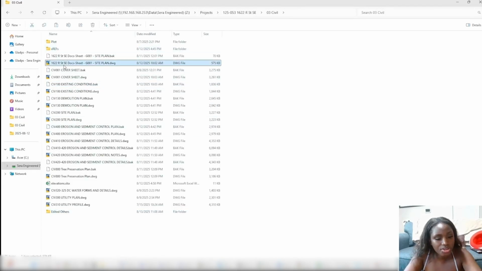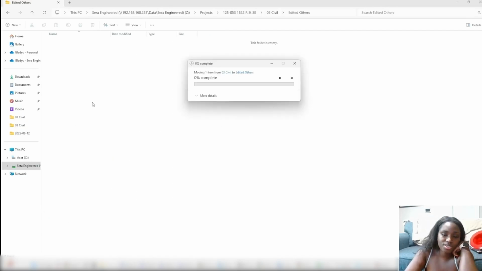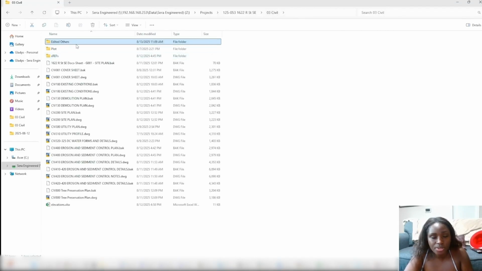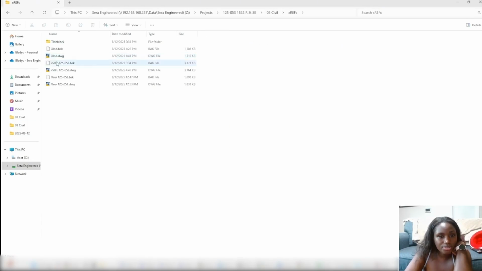So the others folder, once you put stuff in there, you don't really touch it. So you can put another form of the others folder in here, because we want to say, hey client, this is what you actually sent us, and verbatim, that's what's in there, and it's untouched by us. And in a civil folder, we'll have an edited version of it. Let's go into your XREF and see